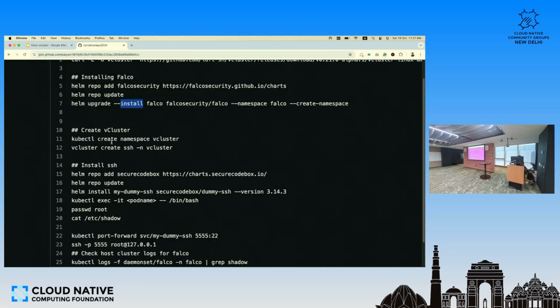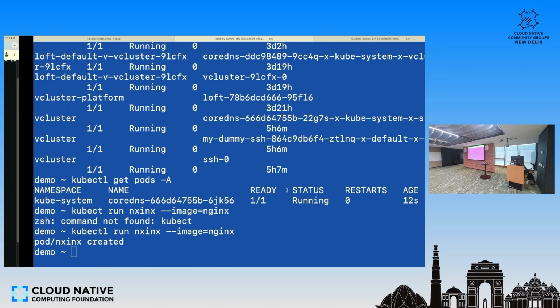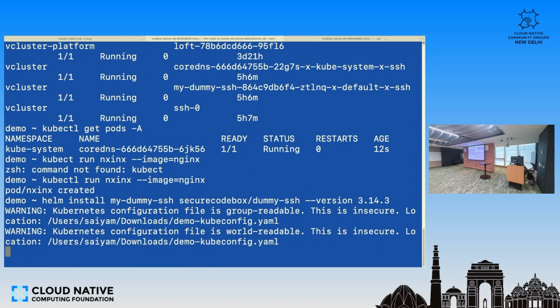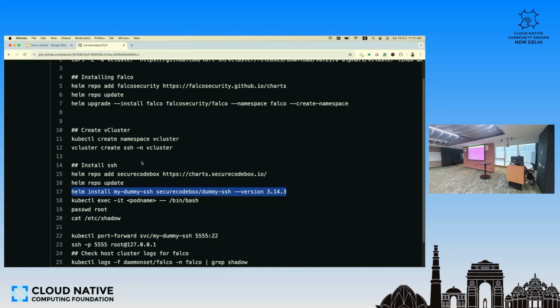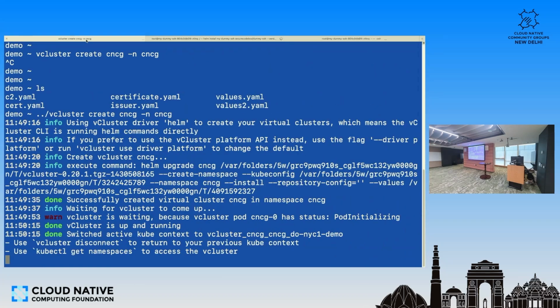Now what we'll do is we'll add Secure Code Box. Secure Code Box gives you a dummy SSH service. I already have the Helm repo added, so I'll just do the install of that. And in the meanwhile, you can also see